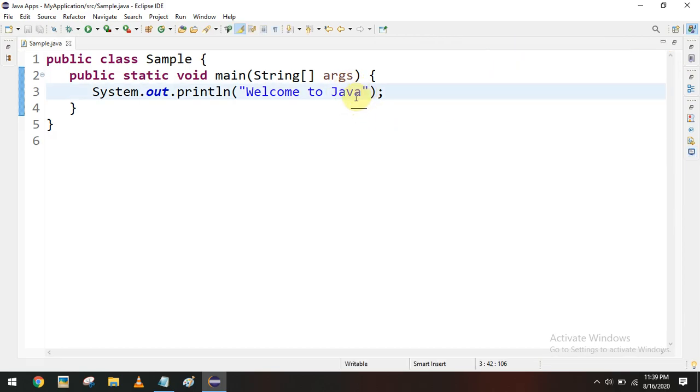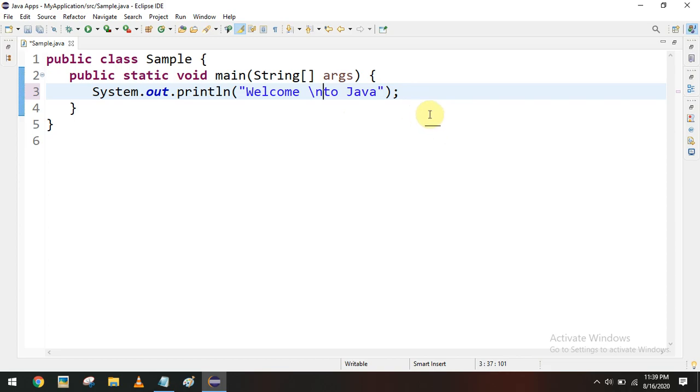Here, if you want to print the remaining text after "Welcome" on a new line, you can do that by using \n. Just like in C++, here also you can apply the escape sequences \n, \t.